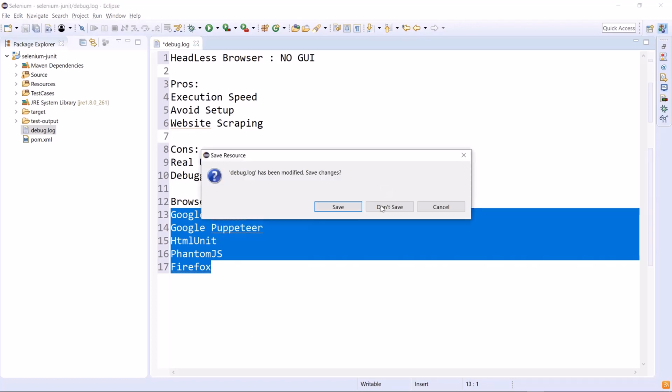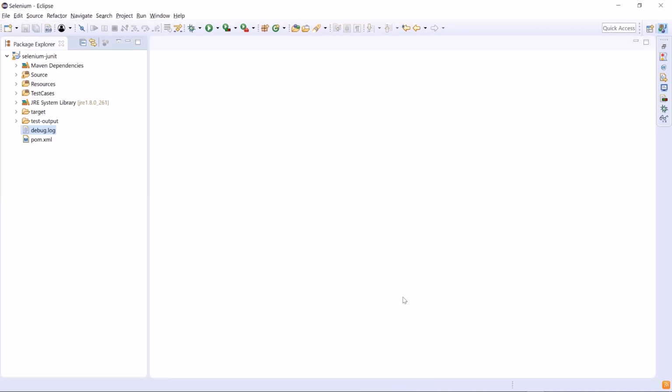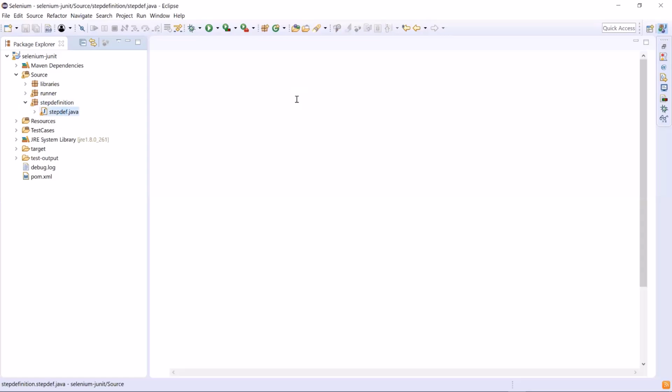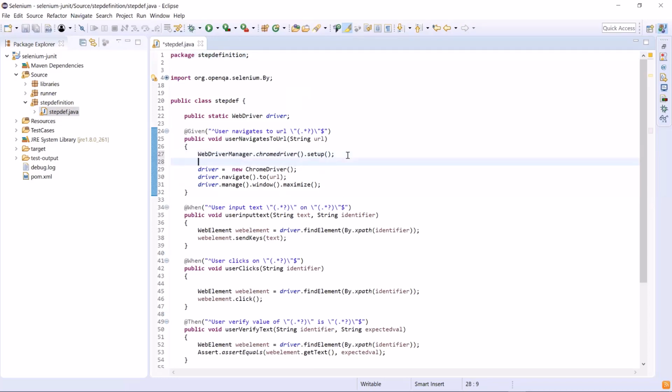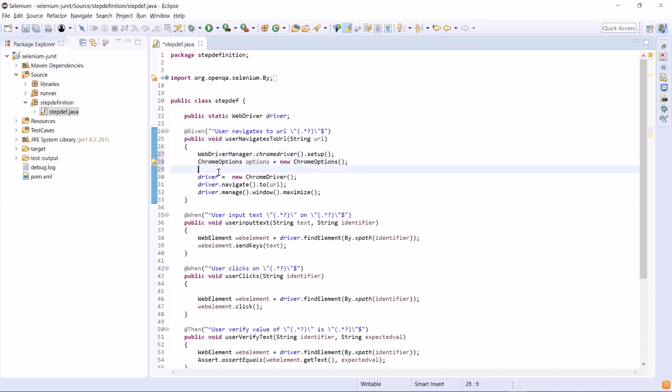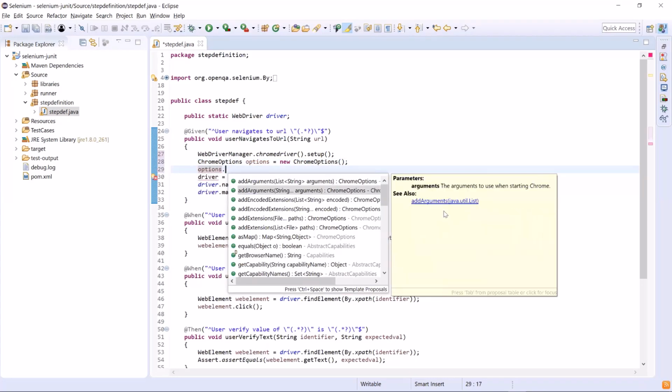Now let's see how we can run our automation test on a headless browser. First, I'll go to the StepDef class. The browser I'm going to use for headless execution is Chrome. To run headless execution on Chrome, let's create a ChromeOptions object first. After that, we'll add the argument headless in ChromeOptions using the addArguments method.